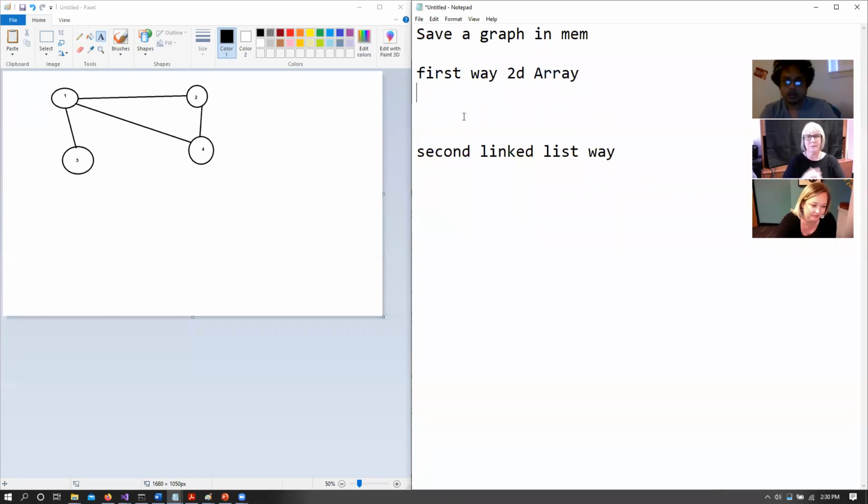Now, before I begin explaining this, I want you guys to figure out a way to represent this particular graph somehow in your memory, in your computer program. How would you do that? Because let's say that I want to find out a way from the node 3 to the node 4. Now, what I can do is I can traverse to 1 because there is an only connected edge there.